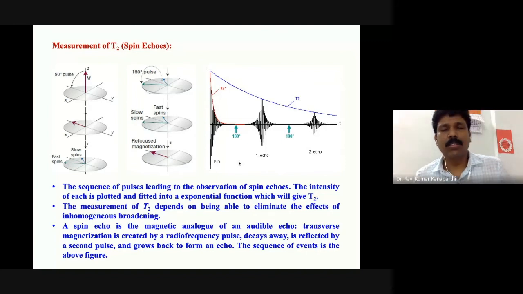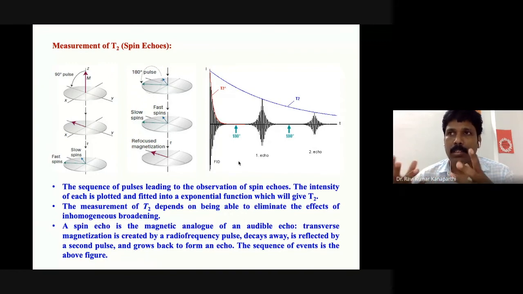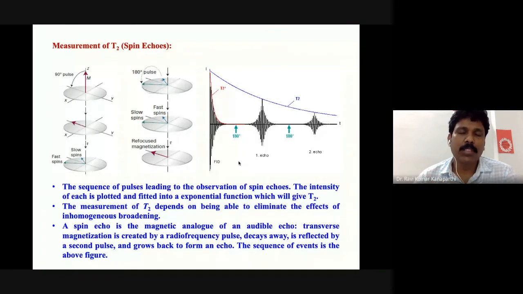But what exactly causes the T2? T2 is nothing but the spin-spin relaxation or the transverse relaxation process. It is connected with that. Broadly, what we have discussed is that it is the randomization of the individual spins. This is broadly because of the inhomogeneity of the magnetic field. The transverse relaxation mainly comes because of the magnetic inhomogeneity.